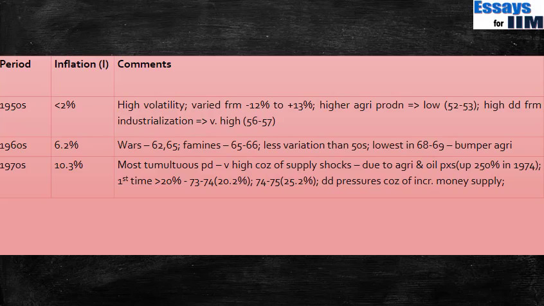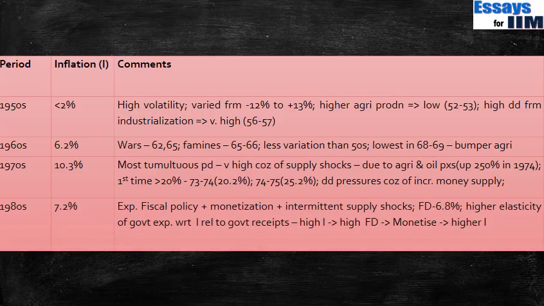So this is also the reason why there were a lot of political pressures in the country at that time, and a lot of agitations which happened, because not only was there a lot of unemployment, but the prices were rising so dramatically that the common man was really under a lot of pressure. And also there was a relatively high fiscal deficit, and increasing money supply was happening, because of which the demand pressures were also there in the economy. All of this led to the high inflation in the 1970s.